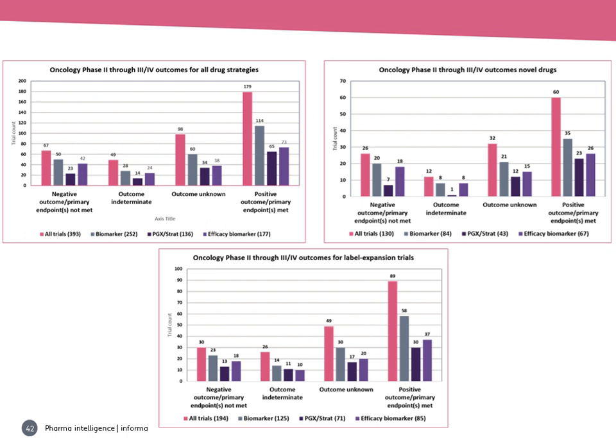One of the reasons I pulled out the PGX data from this is that there have been a lot of published studies that show that patient stratification really does lead to a high level of success. This is snapshot data. I had expected to see higher positive outcomes with these, and so I went back and